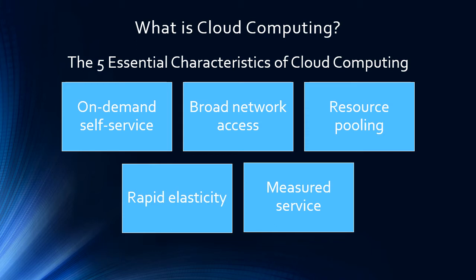The fourth major characteristic is rapid elasticity. Cloud service offerings have capabilities that automatically adjust to scale, so we can meet temporary spikes in demand and shrink back down when the resources are no longer needed. Whether we need 20 servers or whether we need 2,000 servers, it will give us the ability to quickly spin up and wind back down in accordance with our business needs.